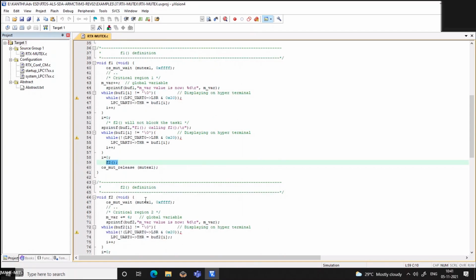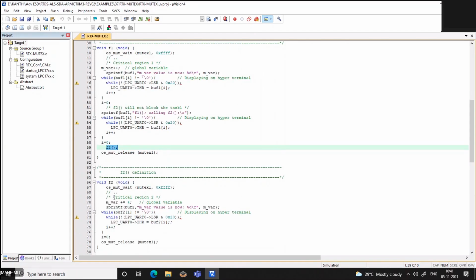In function 2, you put the wait function, waiting for the mutex, but it has not been released. If it is not released, it will come back and release this mutex.